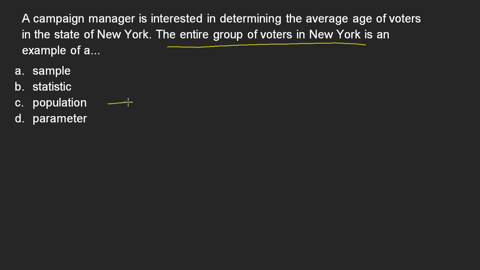Now, one of the most basic distinctions you're going to need to make in this course is between populations, which include all members of the group that you're focused on, or you could say the entire group, as we've done here, whereas a sample deals with any subset, any smaller group from within the population. Now, in a question, they're probably not going to use the word subset when they're trying to identify a sample,